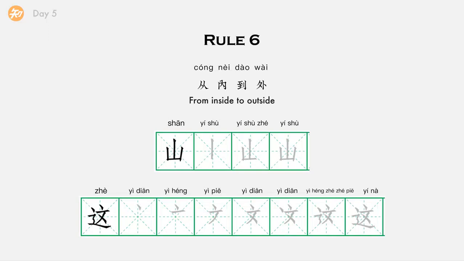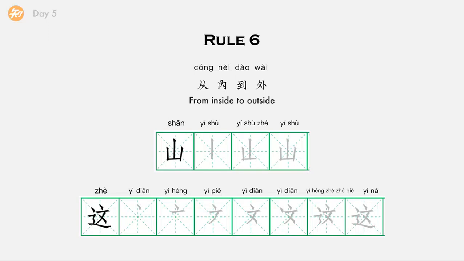Because when we write characters, we need to make it in a stable state. This kind of characters can be written better from inside to outside. Here's the first example. 山, which means mountain. The order should be 一竖，一竖折，一竖。